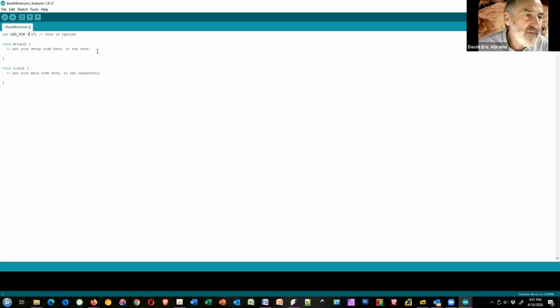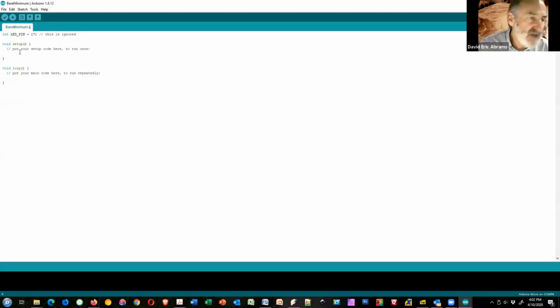Let's go on a bit more. So we want to group statements together. For example, we've defined this function setup, and we're going to have several statements potentially in setup. How do we tell void setup, which is the function, how many statements there are in it? We put them in brackets. So these are curly brackets. And what this says is everything between the beginning left bracket and the ending bracket is part of this function